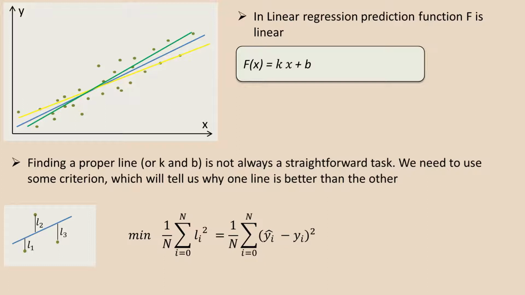One of the reasons which makes it very convenient is that, as you can see, this function is built in a way that it penalizes big errors. So if you have a pretty big error and you find the square of this error, you will have a really very big value. If, as opposed to this, you have a very small error, only some very tiny deviation from the line, in this case, the square will also be a very small value, and this wouldn't be very noticeable in this formula.